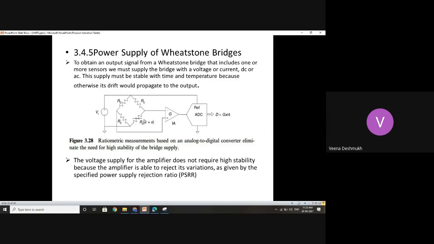If it has to drive a motor or so, then minimum 12 volts is used. If it is a simple IC, then 5 volts may be sufficient. So under such cases, when I change the voltage levels from 0 to say 5, 10, 12 like that, then also the output variation produced by this op amp is considered. Proportional variations are there, then this is acceptable.